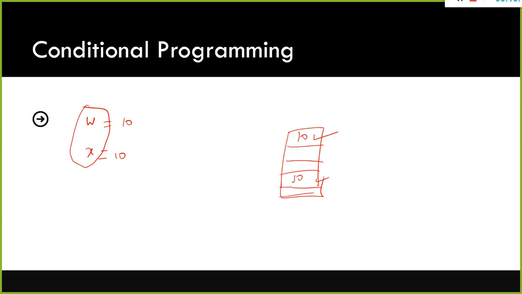It redundantly stores these two values, but Python is very smart. Using interning, both w and x share the same value 10. So here the reference value will be there. What is the reference value? It is nothing but your memory location address. That is what I showed you using id of x and id of w, which give you the memory location. Both are using the same address.